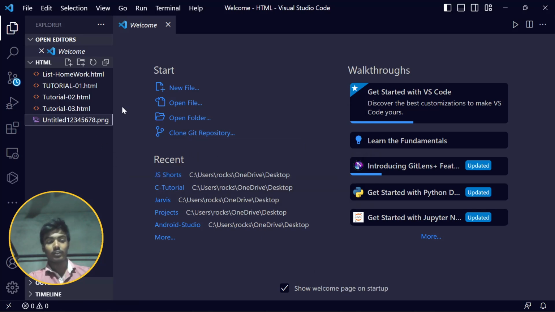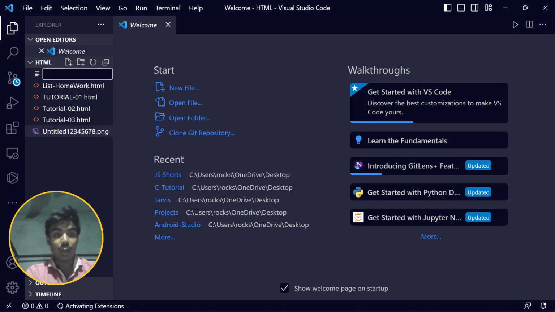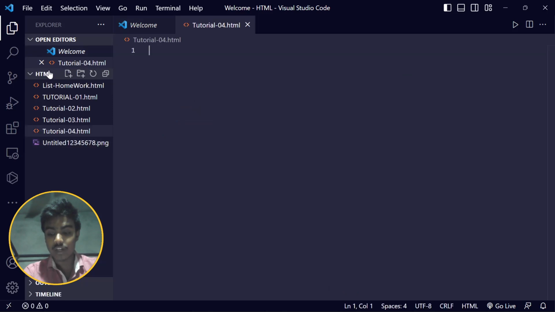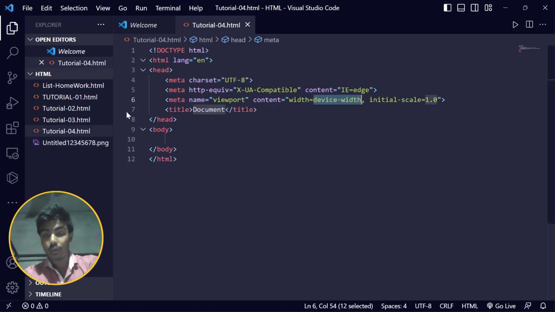This is why I am re-recording it. So I will simply create tutorial 4.html again, and then I will use shift plus 1 and emmet to bring the basic boilerplate of the HTML page. Then I will rename my HTML file, tutorial 4,